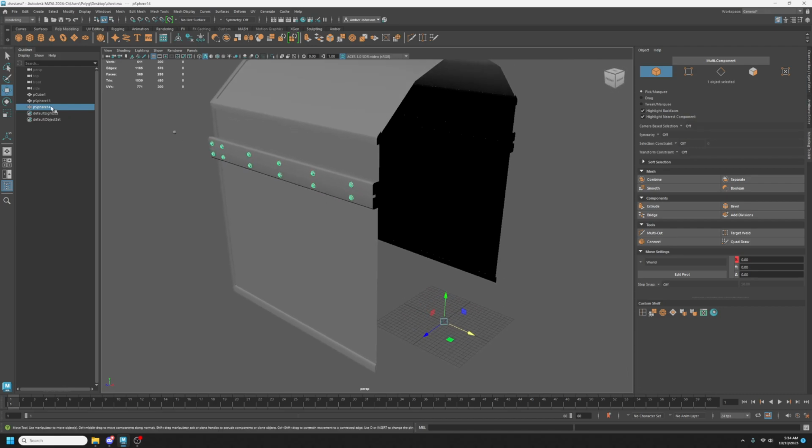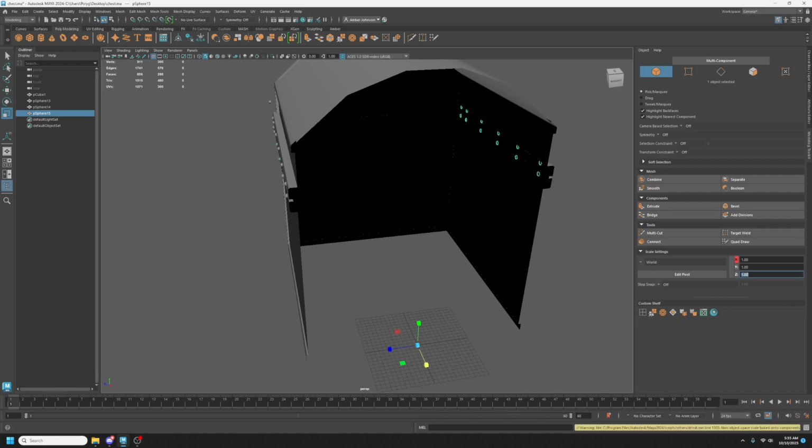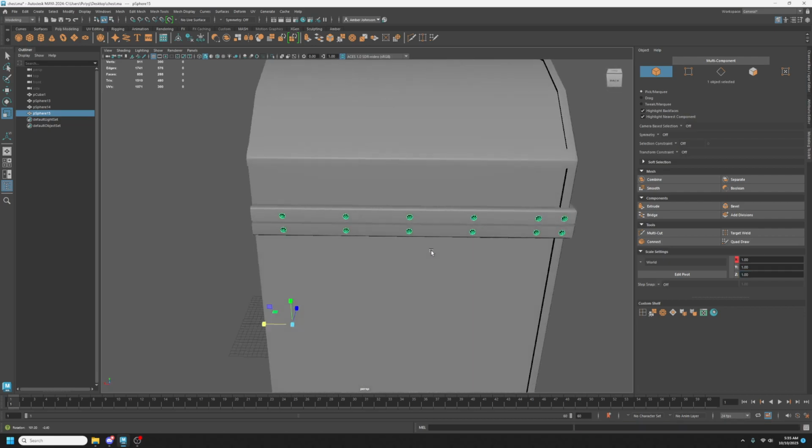I have this whole row. It is at the origin. It's like right in the middle, so the pivot's right there. You see that? I'm going to duplicate this. Then I'm going to actually scale it on the, let's see, the z-axis. I'm going to set the z-axis from 1 to -1. And this does sort of like a really quick